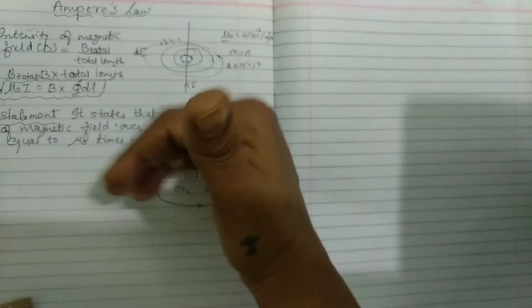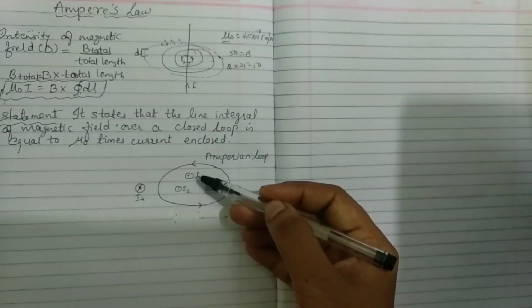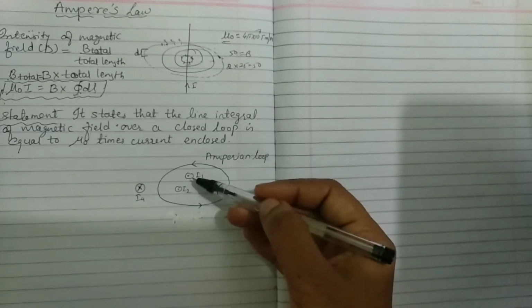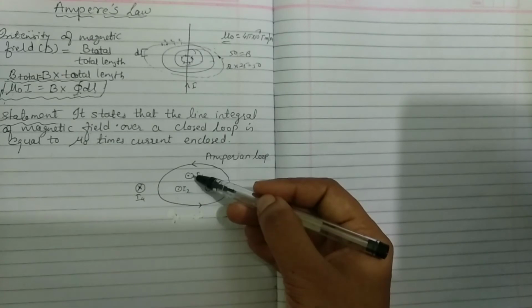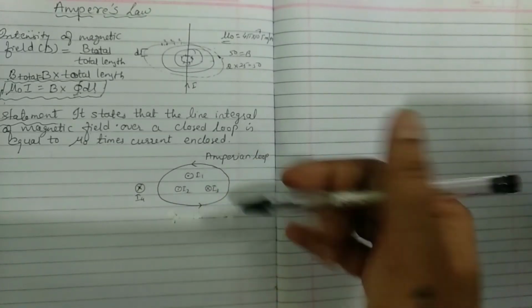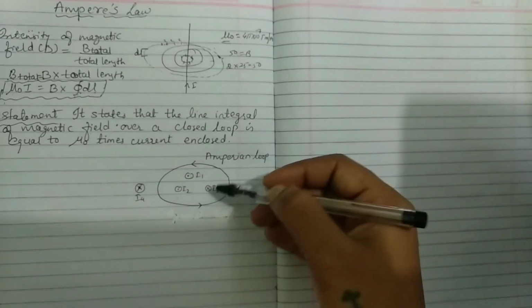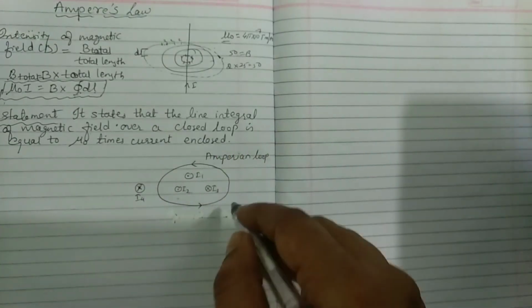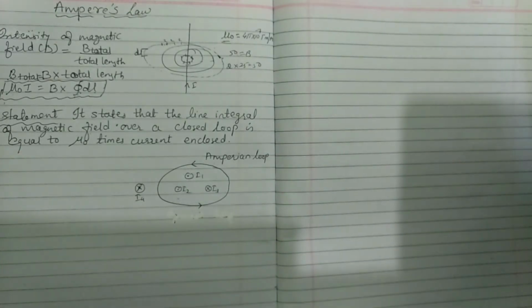The thumb is coming out of the screen or out of the page, you can say. So I have taken currents I1 and I2 as they are coming out of the paper. If you see a dot in a circle, we are already familiar with this sign convention. If it is a dot in a circle, it is coming out of the page or out of the screen, and if it is a cross in a circle, it is moving inward. So I1 and I2 are coming out of the paper and I3 is going into the plane of the paper. So you are going to learn a new sign convention over here.